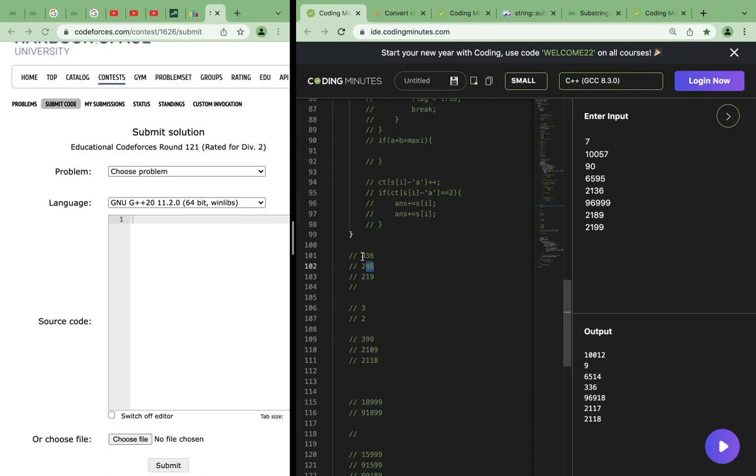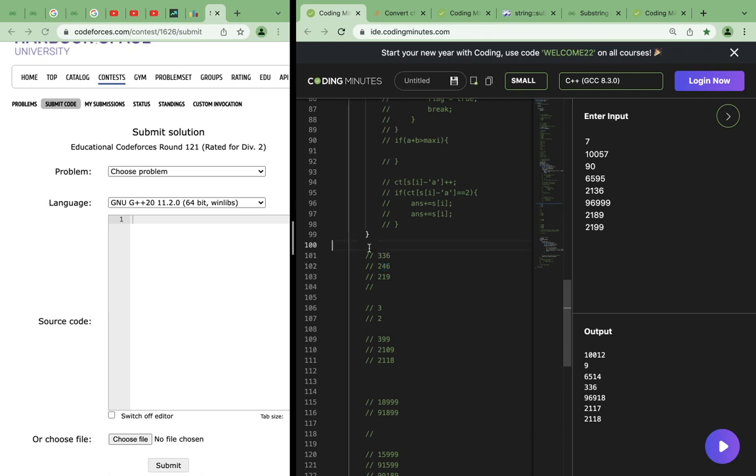So this was 219. If we change it to 336, wait, how did we? Okay, 2136 was the number, and if we change it to 2136, basically changing this 3,